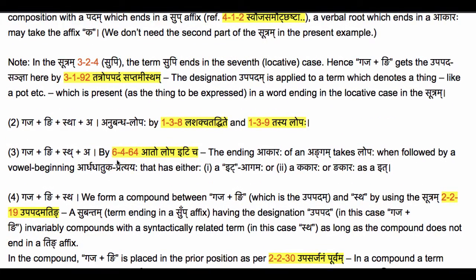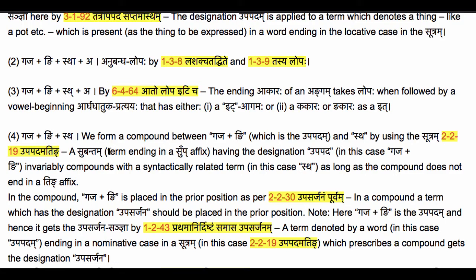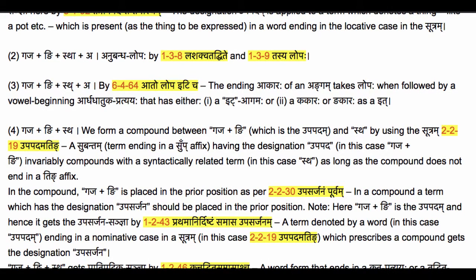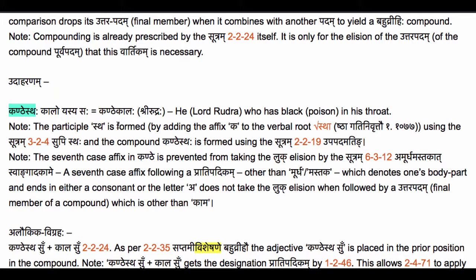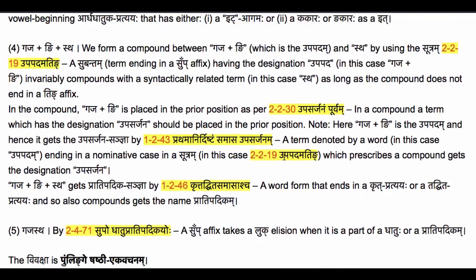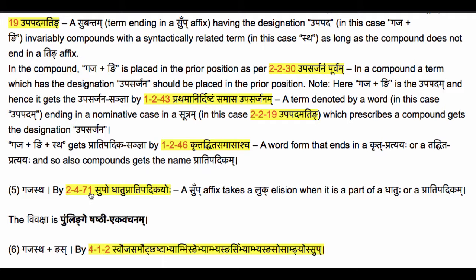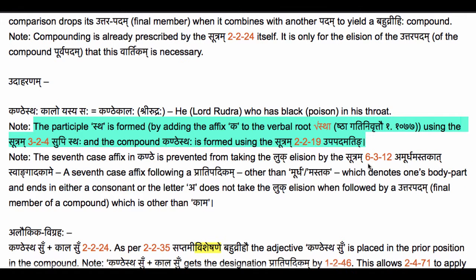Now the Sutram 2.1.19 upapadamatinga is used to form the compound, and in the compound kantha ni is placed in the prior position because that is the upasarjanam, and as per 2.2.30 upasarjanam purvam it takes the prior position. At this point we would normally use the Sutram 2.4.71 supo dhatu pratipadikayoho to perform the luk elision on the sup affix ni which is inside the compound pratipadikam, but in our case a special rule comes into play. The special rule is 6.3.12, which reads